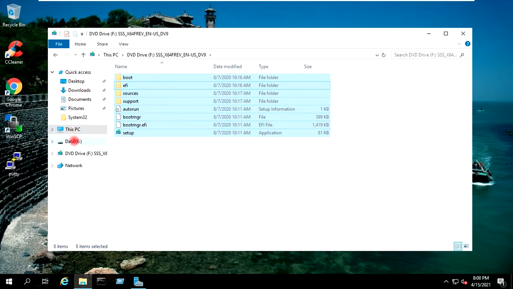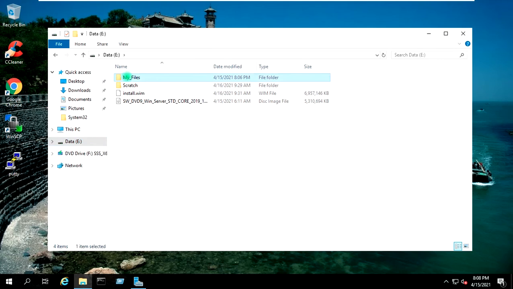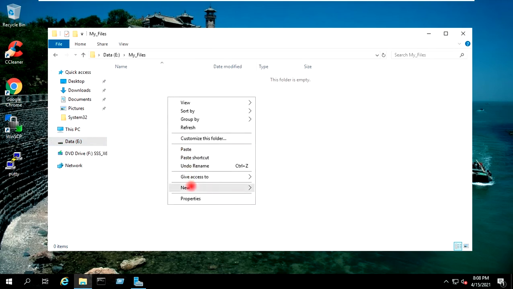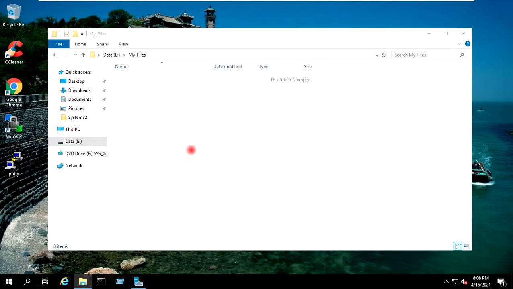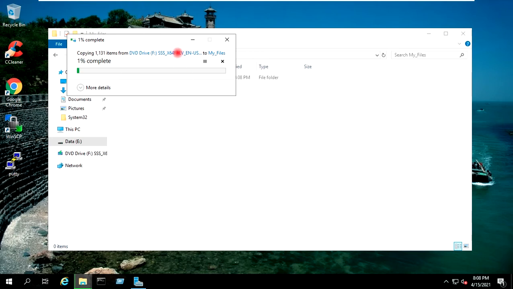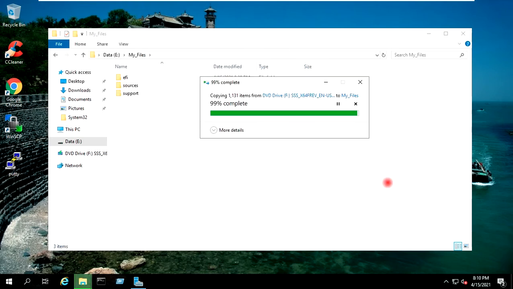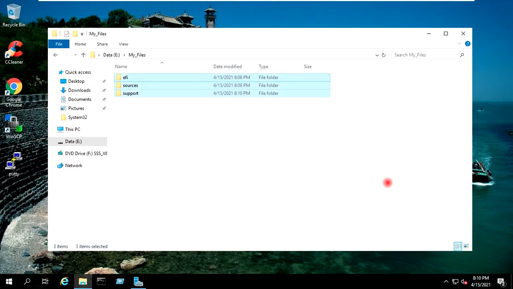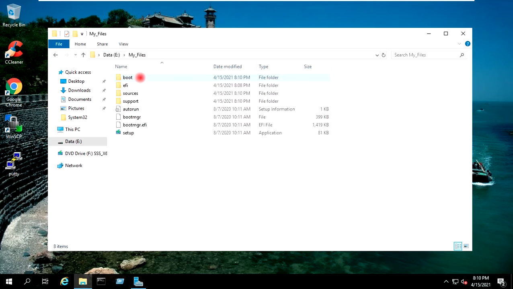I will go to data drive my_files folder and I will paste here. This is the complete content which we have just copied from the mounted ISO.